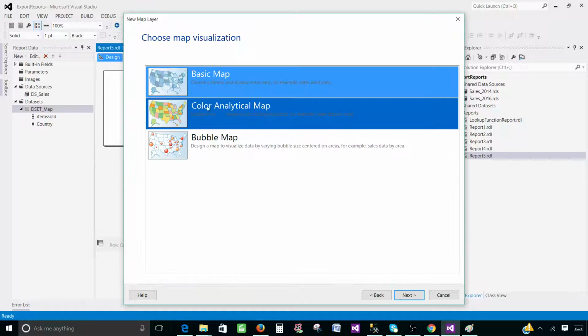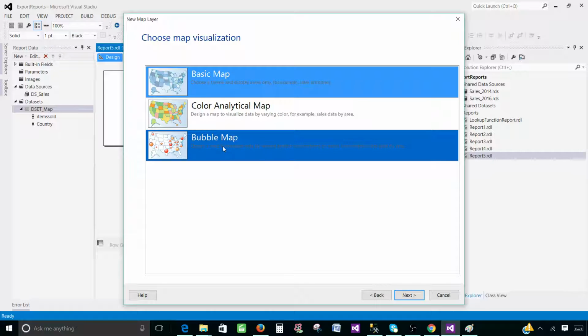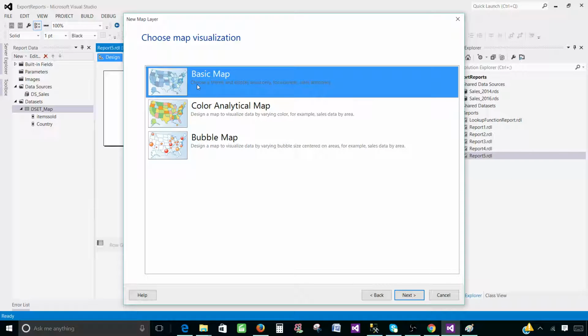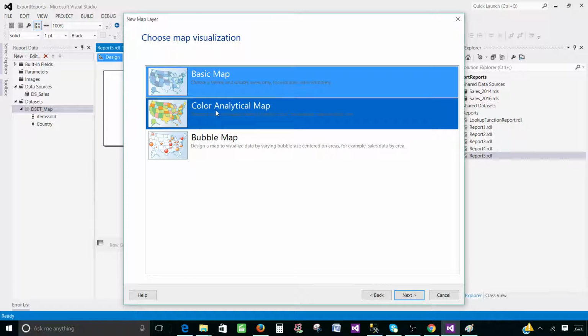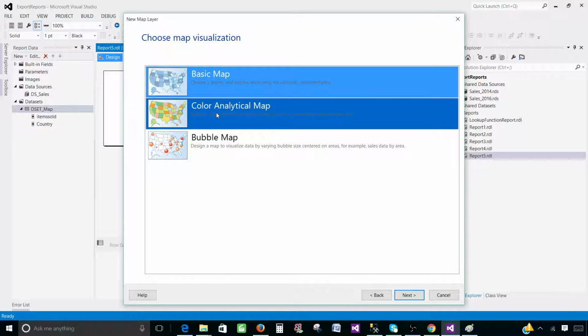Hit next. We have three templates here: basic map, color analytical map, and bubble map. If you choose a basic map, you have to configure everything from scratch. If you select the color or bubble map templates, it will give you options in the wizard to select the data set, to select different colors, and to select the theme as well. So I have made videos on all these three. If you would like to watch my previous videos, that's 119, 119.1 and 119.2. I'm going to go ahead and select color analytical map,